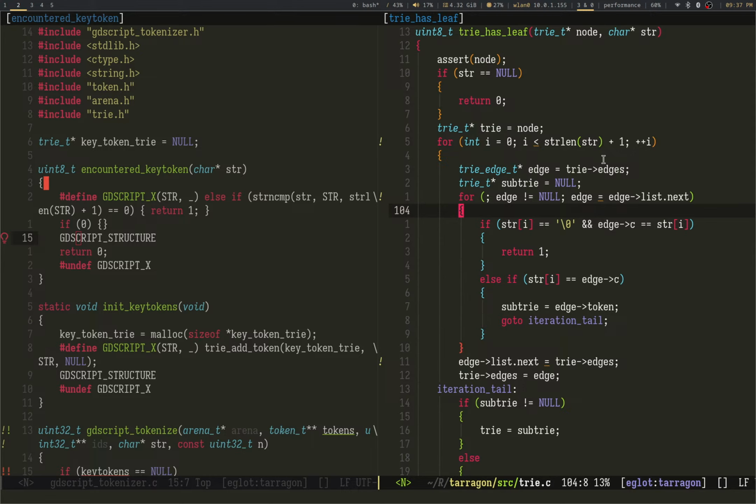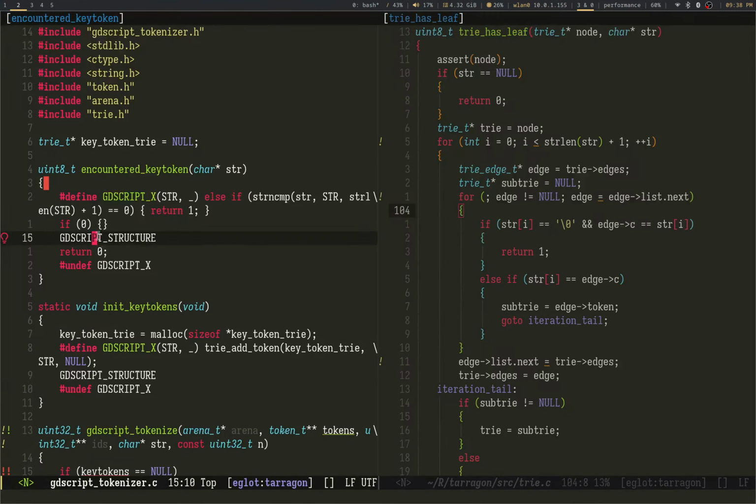But the question is, is this faster than that giant else if? I don't think so, actually. It's sad to say, but I don't think this is faster than that giant else if. So yeah, giant else if, this actually wins. This is probably faster.